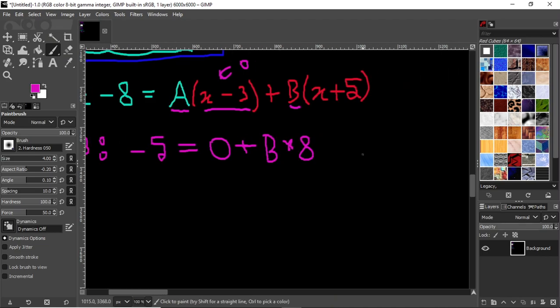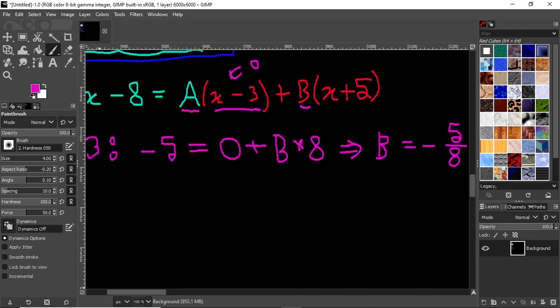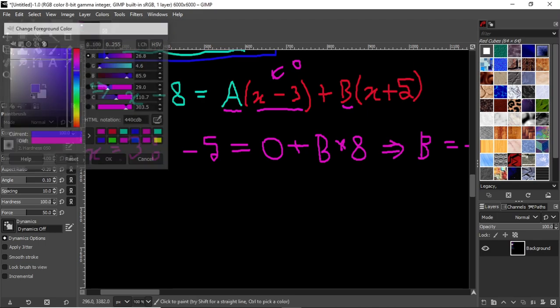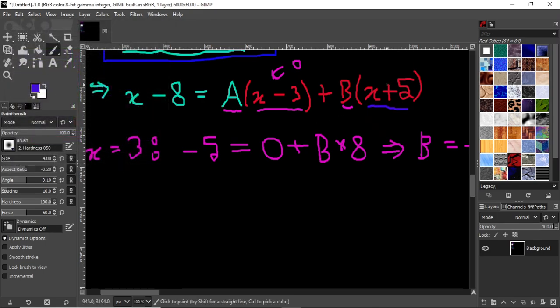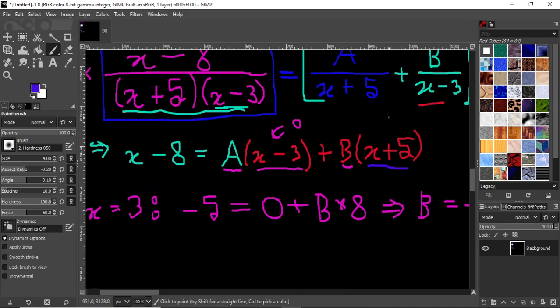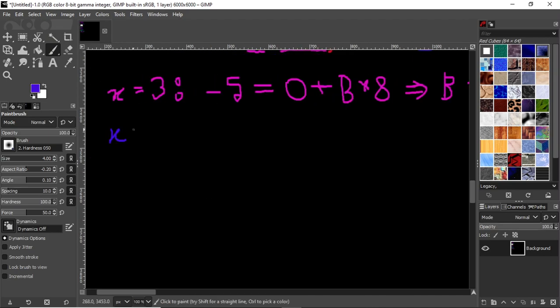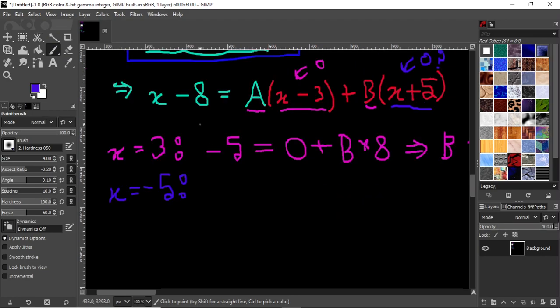So if you solve for B, there's just B here, so if we solve for it, we get B equals negative 5 by 8. That made it pretty simple to solve for B. And same thing we can do here. What would make x plus 5 0? x equals minus 5, right? x equals minus 5. So substitute x equals negative 5 in this equation, and we get negative 5